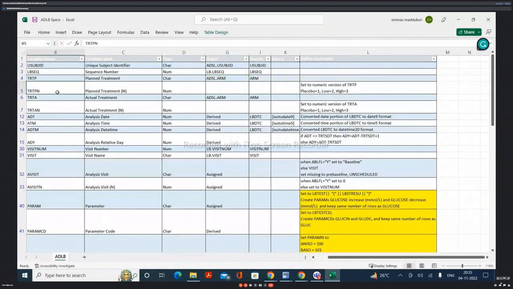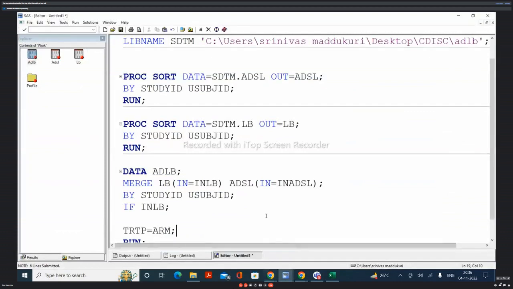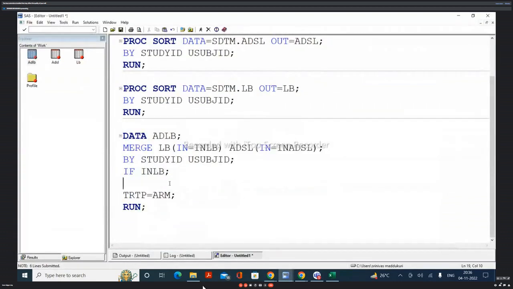Then now we should create TRTPN. And then we have TRTA. TRTA also, from where should you create it? ADSL, ARM. So planned treatment and actual treatment, both we should create from the ARM. Then can I create both the variables in one go? Simply, I am writing this one. If ARM not equal